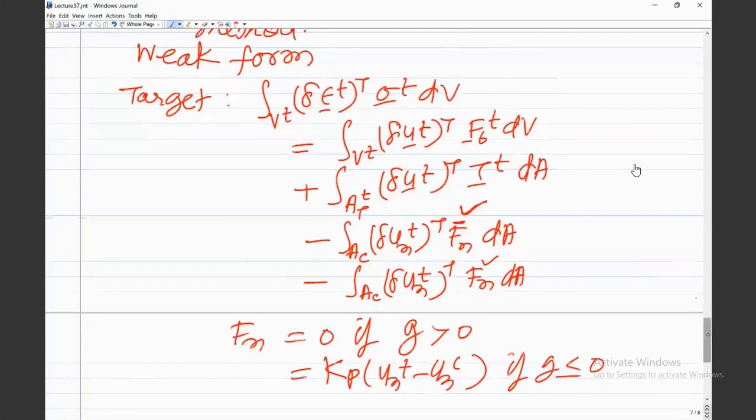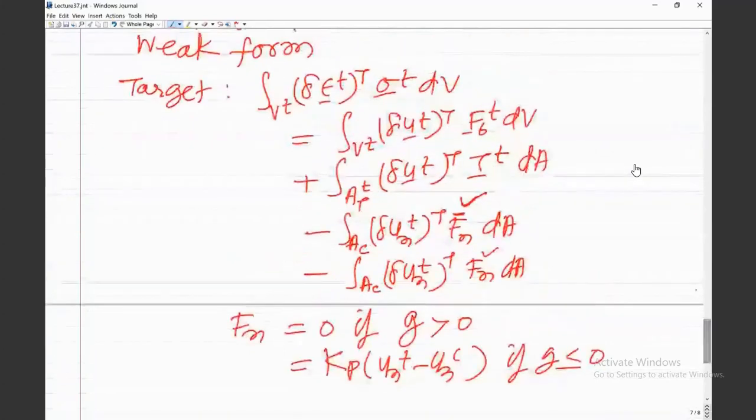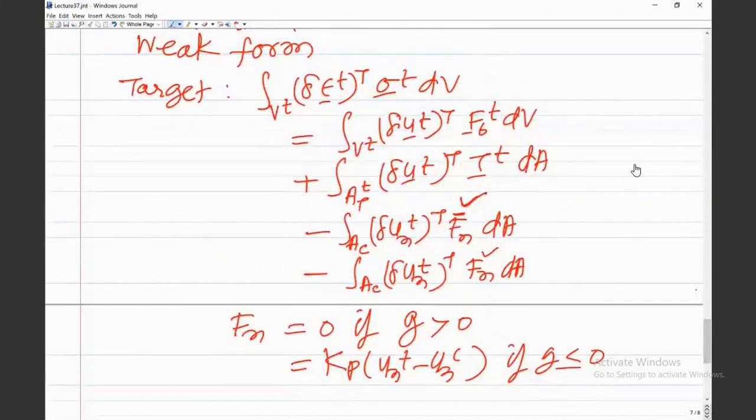Now, in this process, how is the solution done? Let me tell you briefly. What we will do is choose the penalty parameter Kp as a set of increasing values. We start with a smaller value because convergence is easier for smaller values of Kp, and sequentially we increase the values of Kp. And in every step,